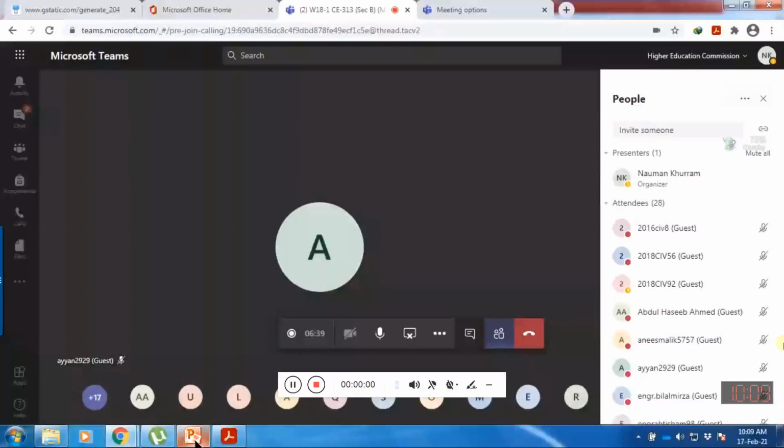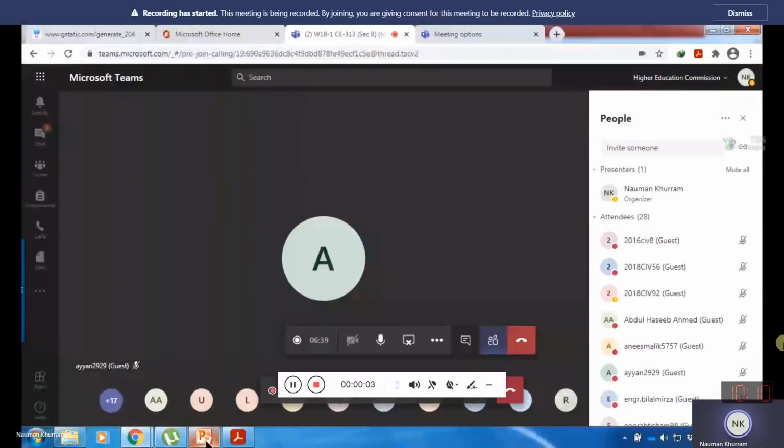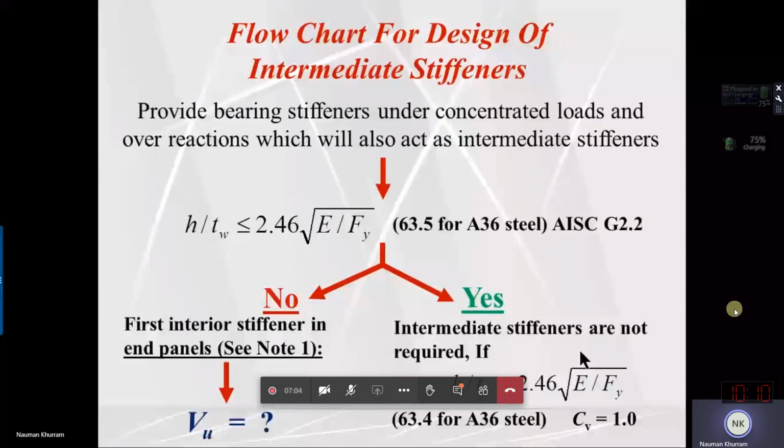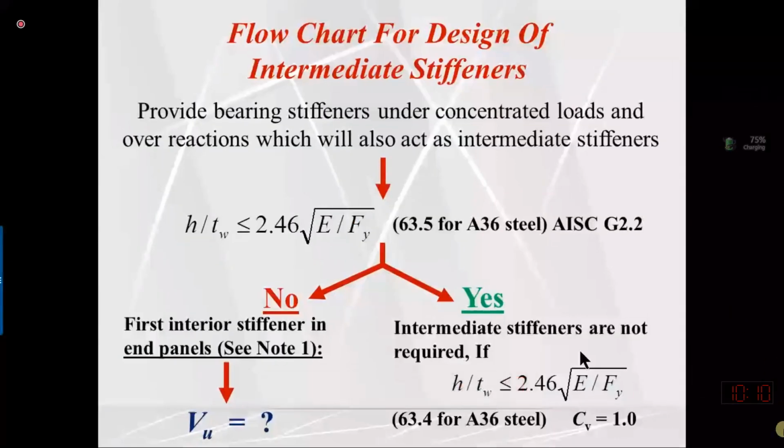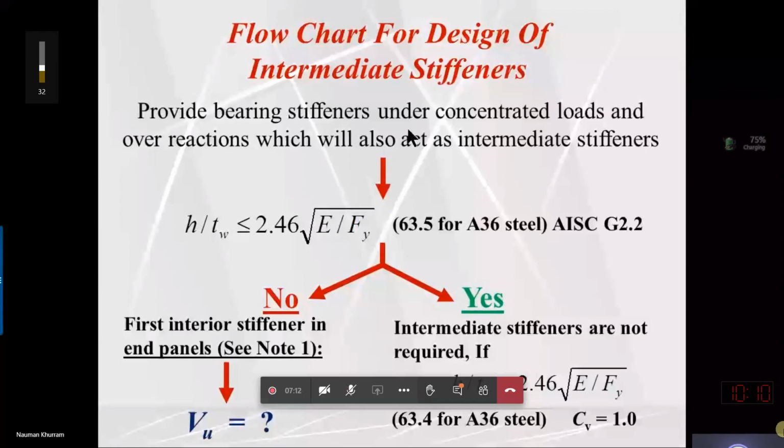The formula required to design intermediate stiffener. Okay, now today I will explain the procedure for the design of intermediate stiffener and how we can carry out the design. So whenever I am talking about the design of intermediate stiffener, it means that we are supposed to select two things. Number one, spacing between the stiffener, spacing of stiffener, and number two,